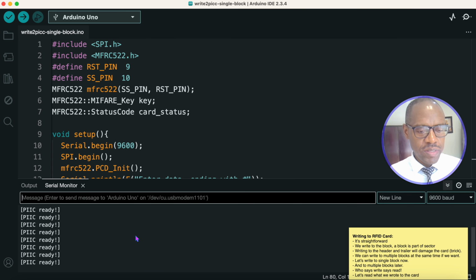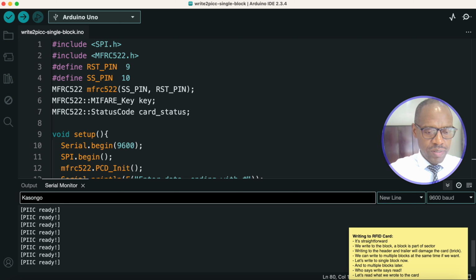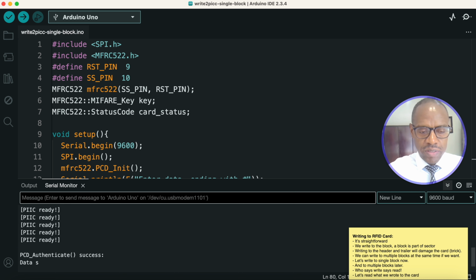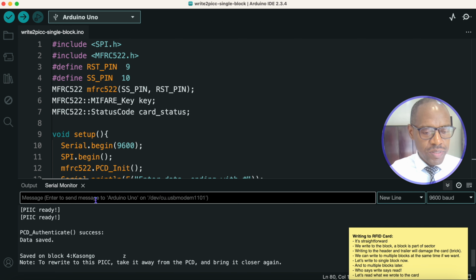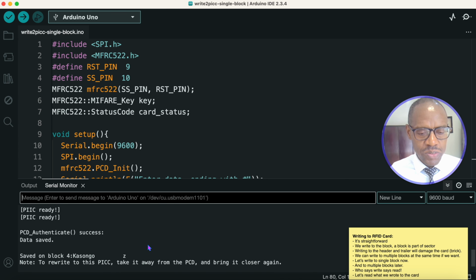It says it's ready. Let's write data like Kasongo ending with hash and then enter. Data saved as Kasongo. Now, to be sure that data is written,